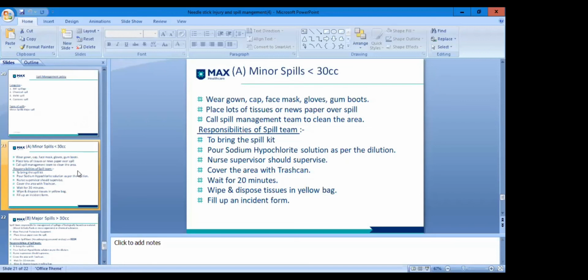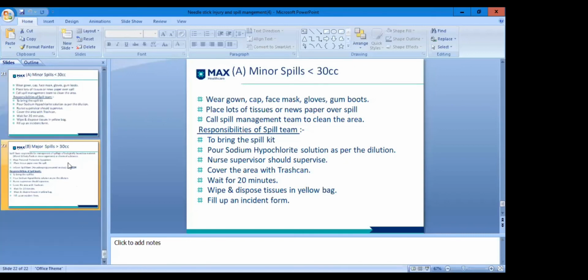In some cases a spot spill is also defined. That means if you're working in a laboratory setup and a drop of blood gets spilled, you just wear gloves, take an alcohol swab, wipe it and put it in the yellow bin. Go and wash your hands. That is what is required. In case of minor spills, there's a spill kit in which you pour 1% hypochlorite solution, and clean accordingly.